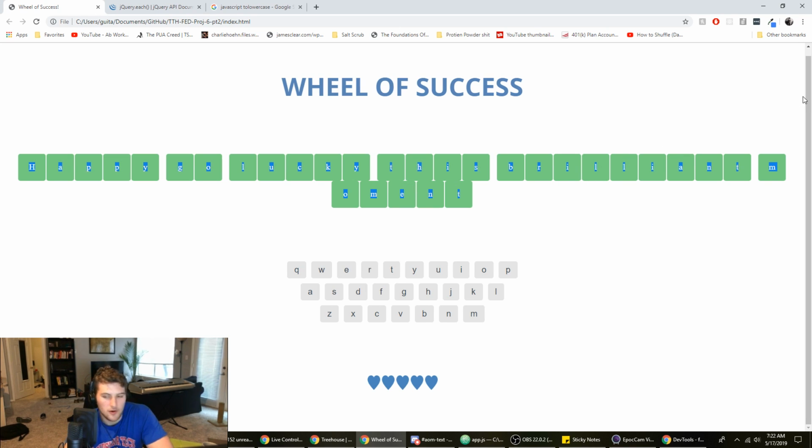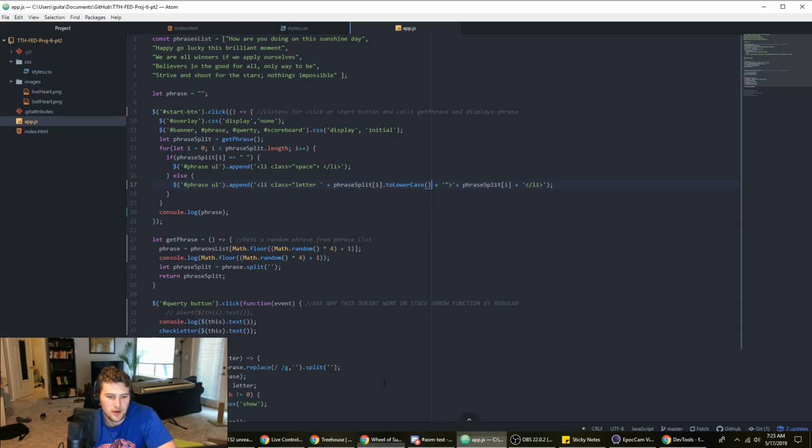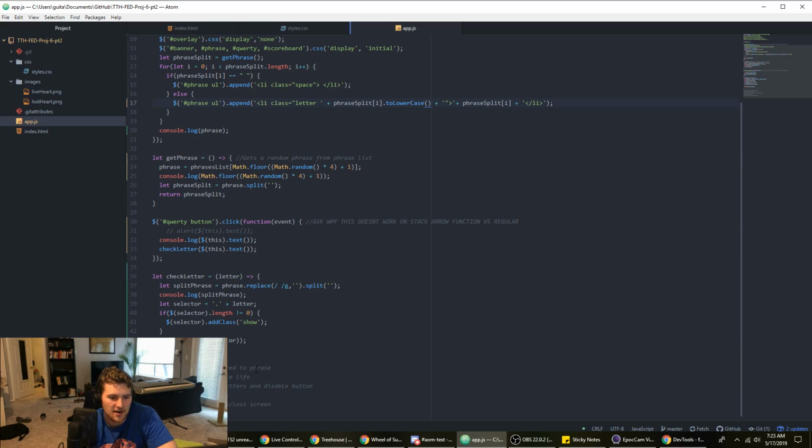Okay, so we don't need that to break. We need that to stay on one line, actually. So we'll probably just shrink the phrases because I don't want to deal with that. It'll go into 2 lines, but we'll have to eventually on mobile. But we're not going to make this work on mobile, so forget that. All right, cool. So we got all the letters to show up here.